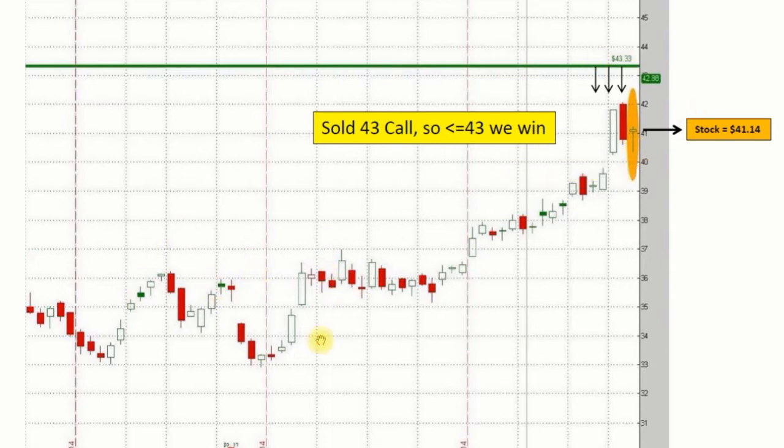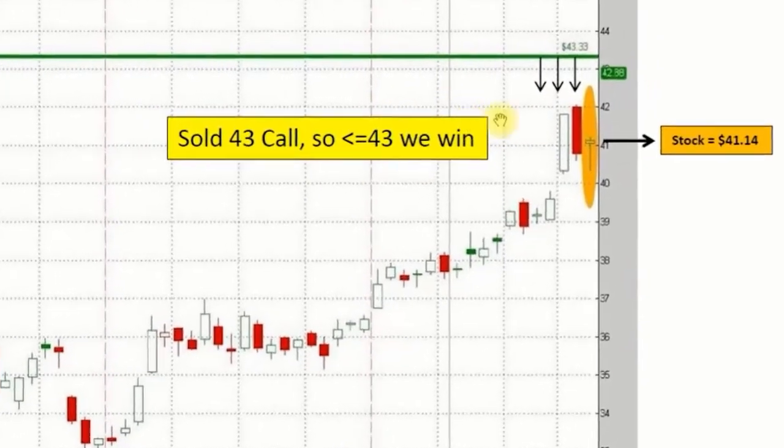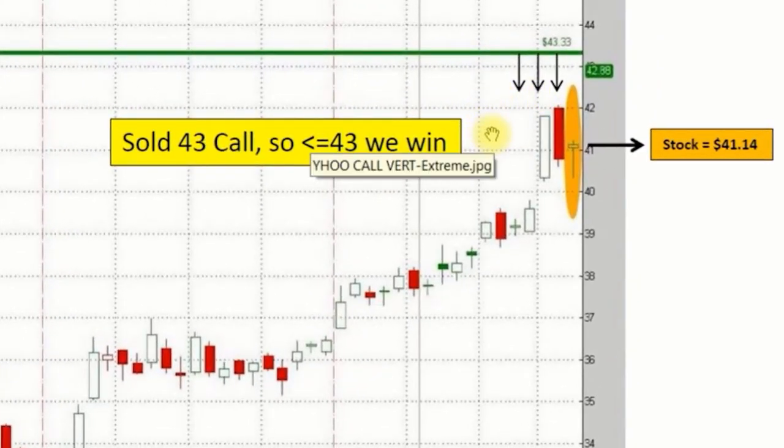Well, here's the stock we're looking at. We're looking at Yahoo, and this is the graph. All the greens mean is that the stock price closed up that day. The red just means the stock price closed down that day. So it's not important for us right now. This is just the price range it's been over the last few months. And if you look over here in the orange, this is where the stock is right now. The stock is at 41.14. Now remember, we sold the 43 call spread. So what that means is all we want to happen is the stock stays below this green line